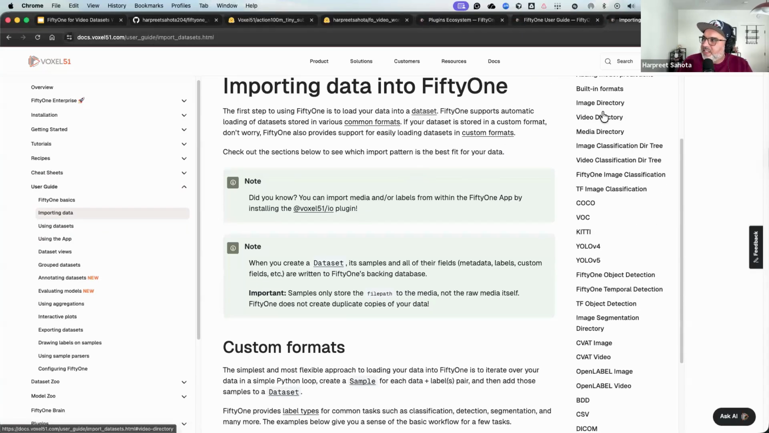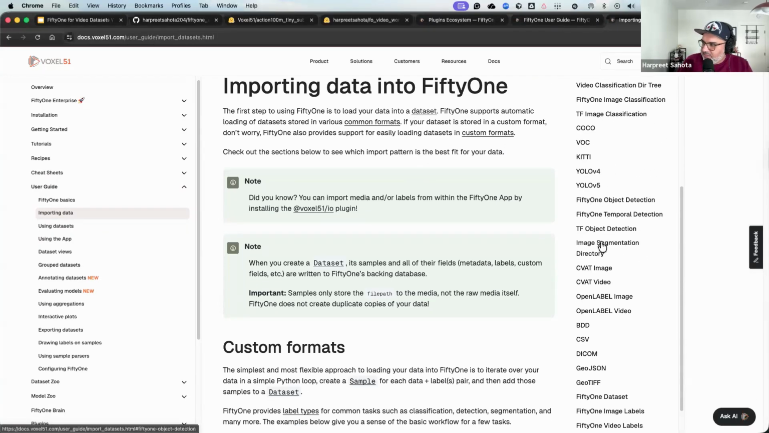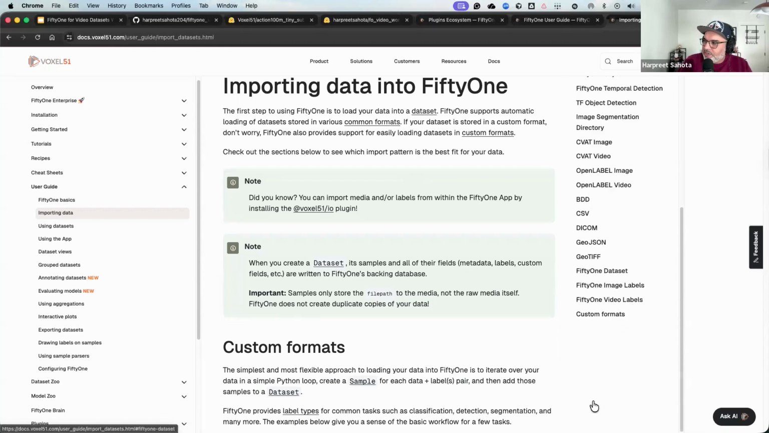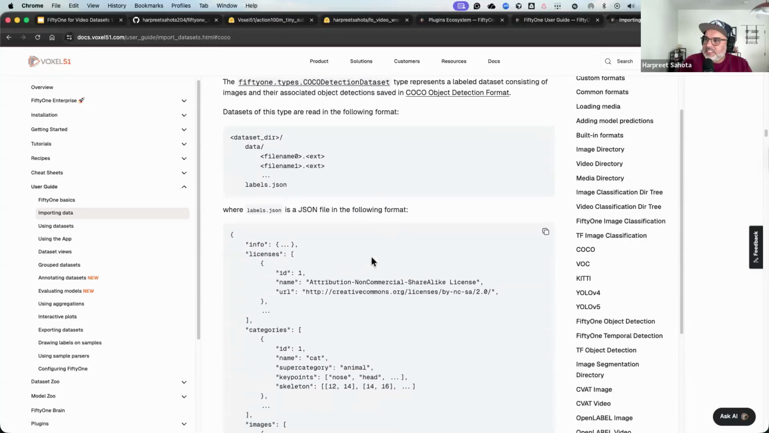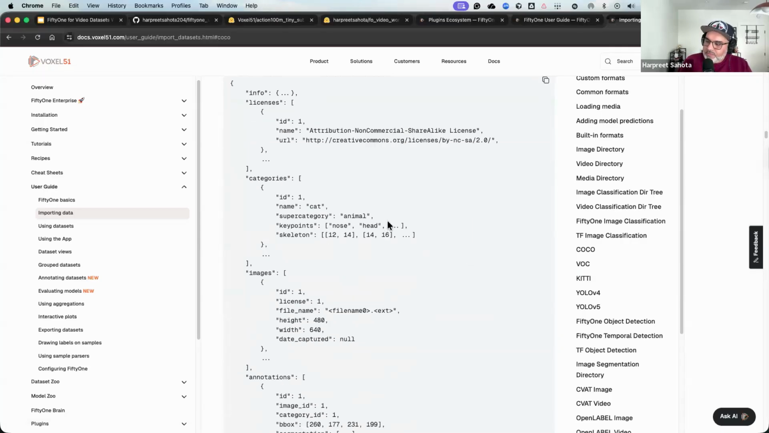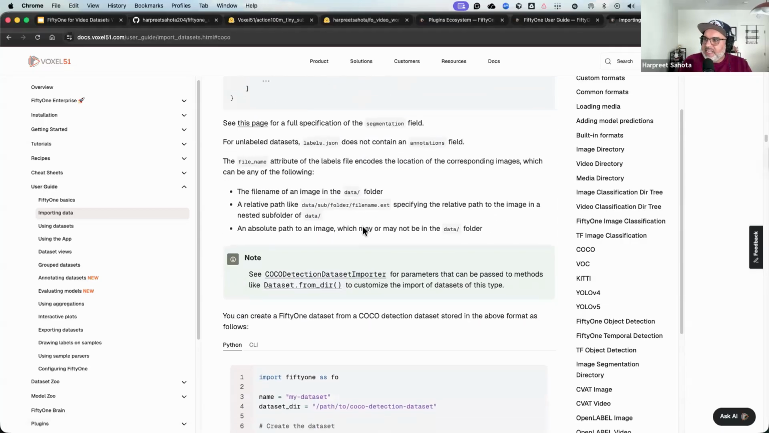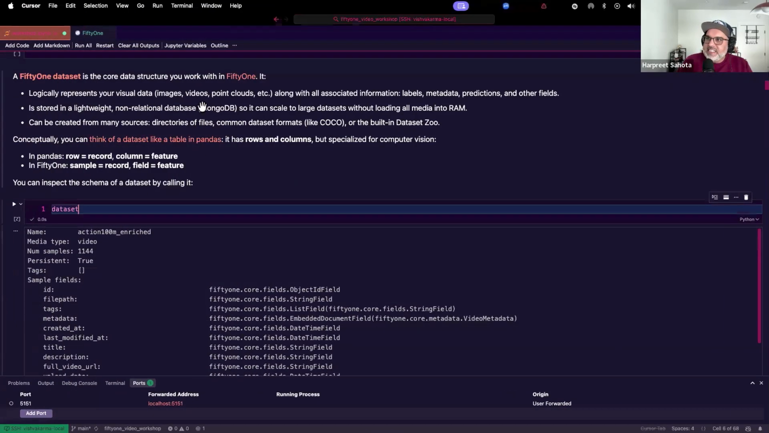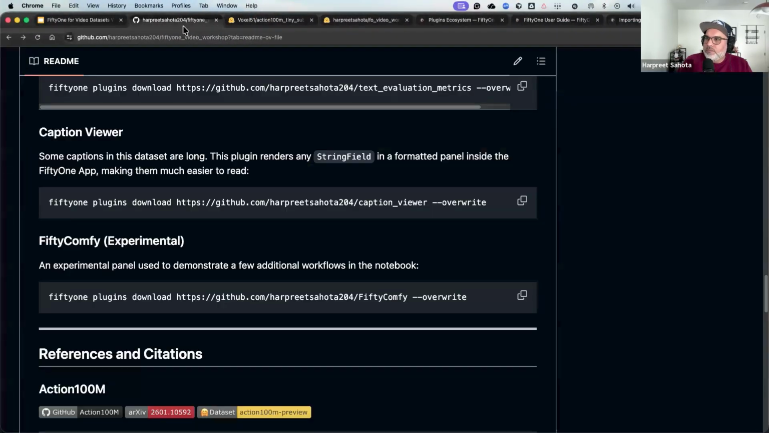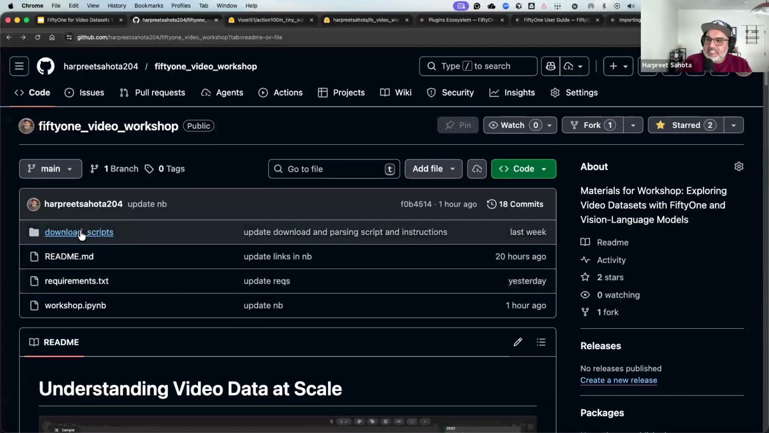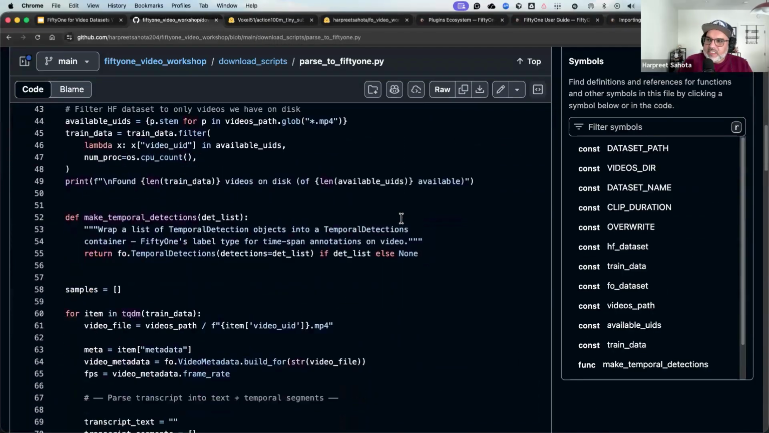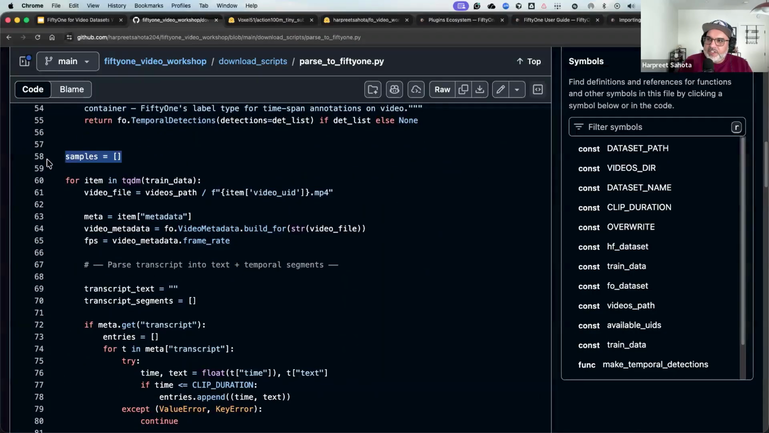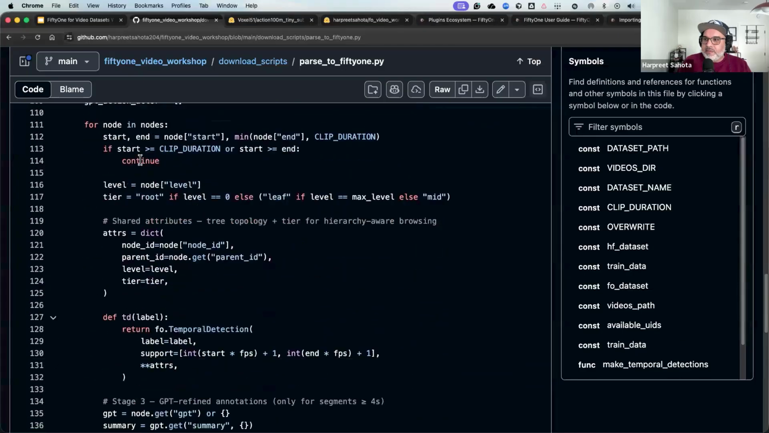If it's in a common format, for example, if any of these formats look familiar to you and this is what you work with, then you can follow along here and use the built-in importer to import your data and get into 51 format. If your dataset is like what we have here, something that's not in a standard format, then parsing into 51 is quite straightforward. It's just a matter of iterating over your annotations and the actual media file, and then building out a